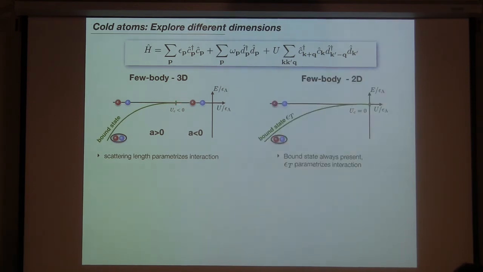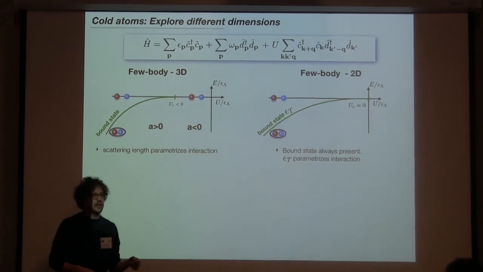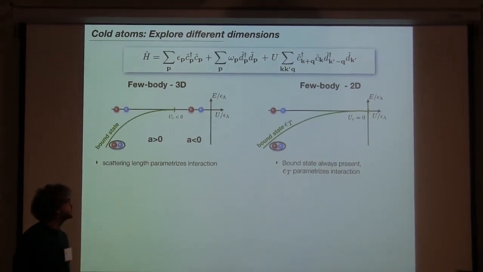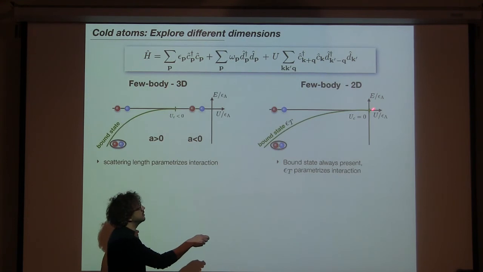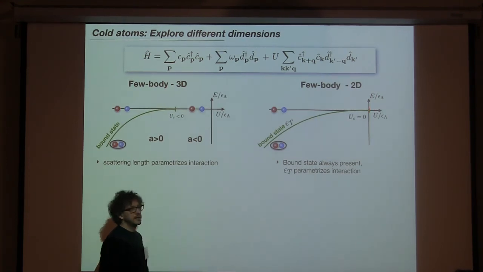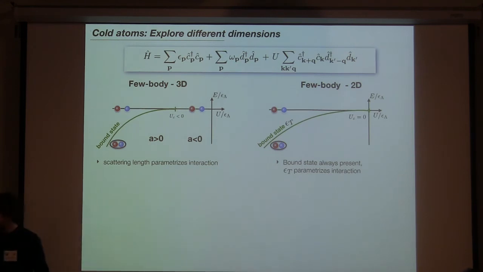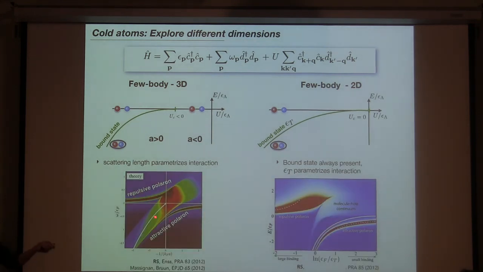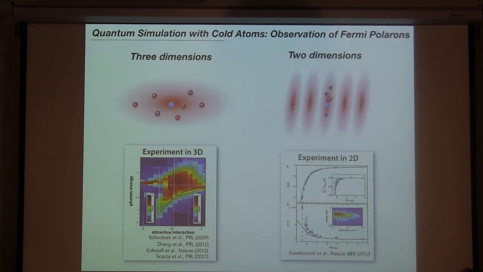In 2D, the situation is a bit different. There every attractive, short-range potential leads to a bound state. So for infinitely weak u, we already get a bound state with some binding energy, epsilon_T. So here we can right away use this binding energy to parameterize our interactions. And then one can do again this Born physics and calculate the spectrum. Here the interaction strength is now measured not in units of k_F a, but by comparing the Fermi energy to the binding energy. But that's just a dimensionless interaction parameter.